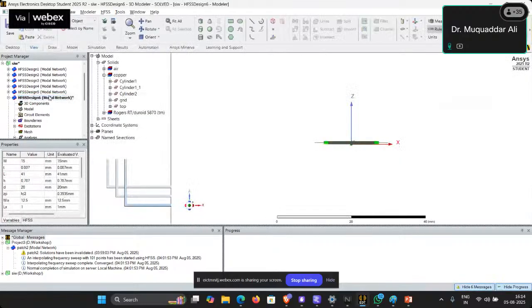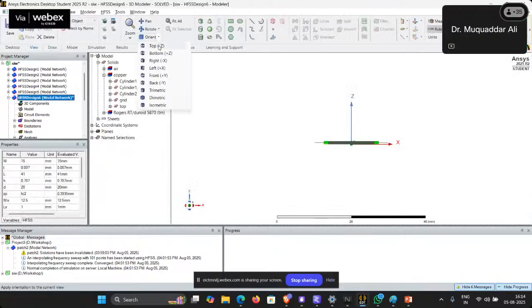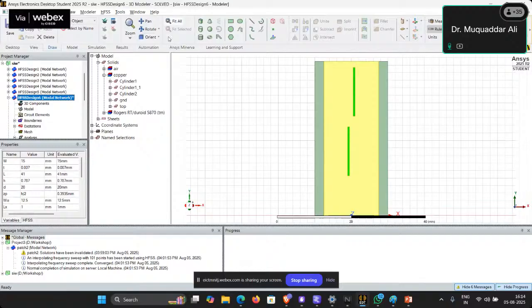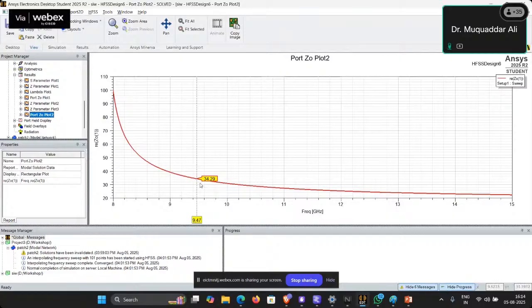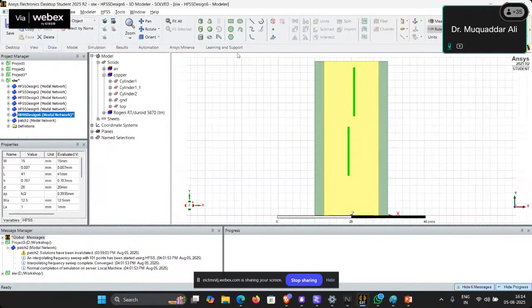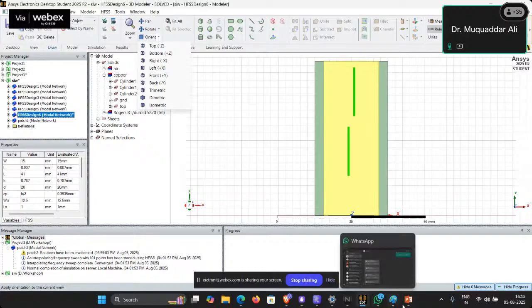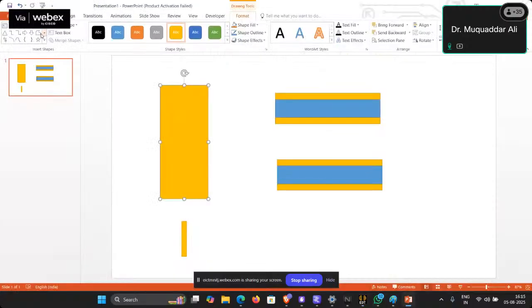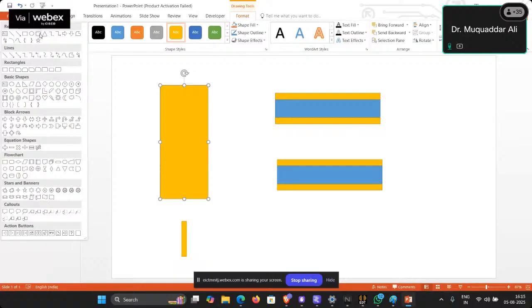So the purpose of SIW is to have thin substrates. So we are designing this at 0.787 mm, and at this point the port impedance of this waveguide is 34 ohm. So now how do we connect our microstrip transmission line with this? That is a challenge, and for that we have to design some structures that are known as microstrip transitions. So what we will be doing,